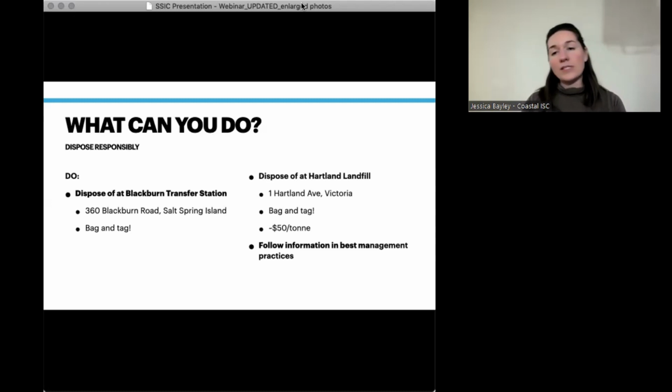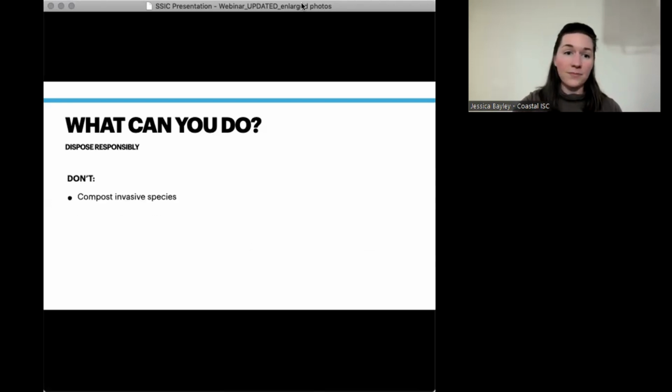There are some species that have a little bit of flexibility in terms of just leaving them on site to decompose. Those are often found in best management practices, but you won't go around taking them to the landfill. And what not to do: don't compost them. If you are going to leave them on site to decompose, you always want to leave them in an area that's already infested and that you're monitoring. You never want to put them in your compost bin,